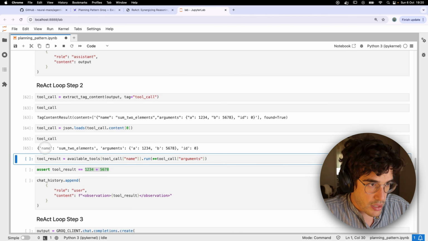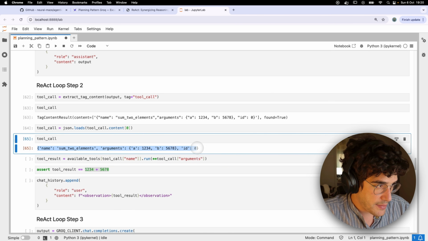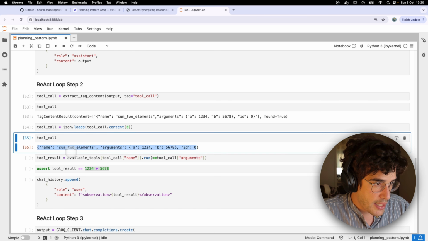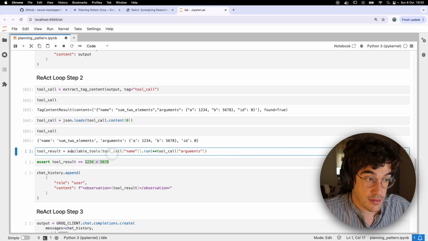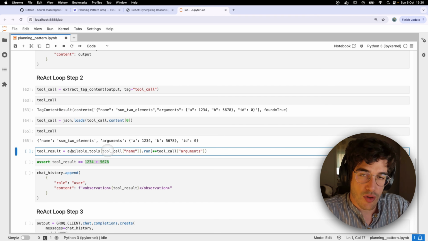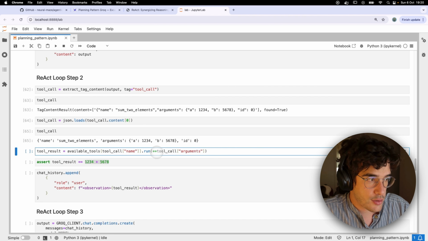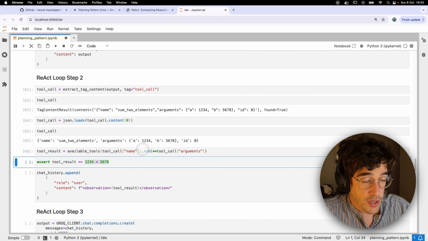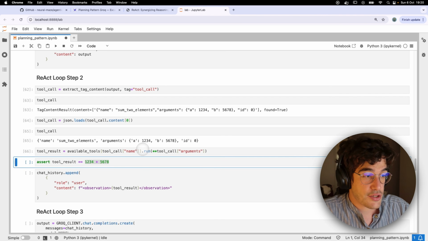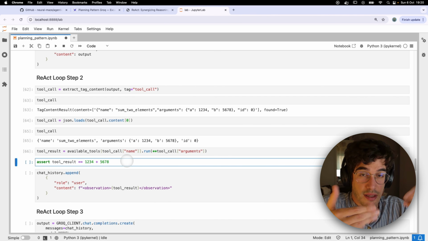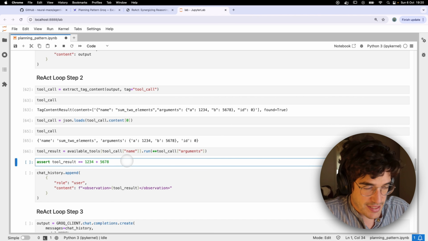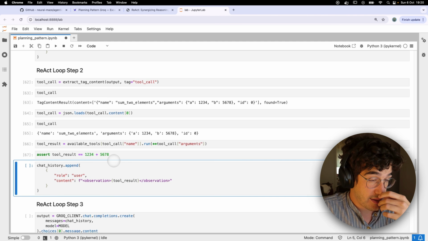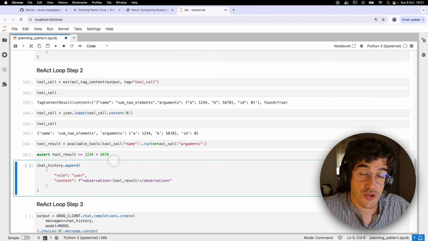All right, so as we can see, the dictionary seems pretty good, seems fine. And now we just need to run the tool. So we are going to access the tool from the dictionary of available tools, and we are going to run this tool with these arguments. All right. And now we are going to make this assertion because I wanted to make sure that the tool result is exactly the same as the mathematical result that we are sure of. So yeah, this assertion basically computes that, and since we are not getting any assertion error, it means that